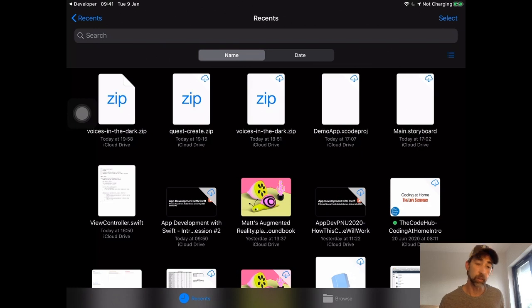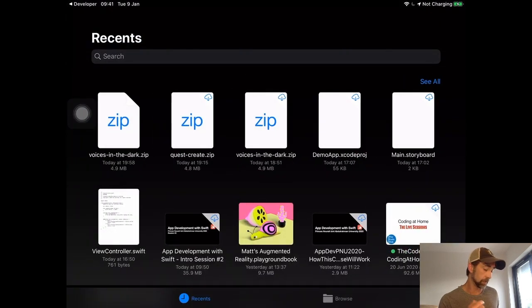What I've then done is I've gone off to my desktop, and I've actually unzipped that file. You can unzip it just by double clicking it. So if I go look at my desktop, and I will do that on my Mac here, which you're not going to see, sorry. Should have thought to set that up. I'm going to double click Voices in the Dark. And when I look in my Files app here, once it's done unzipping that Voices in the Dark file,